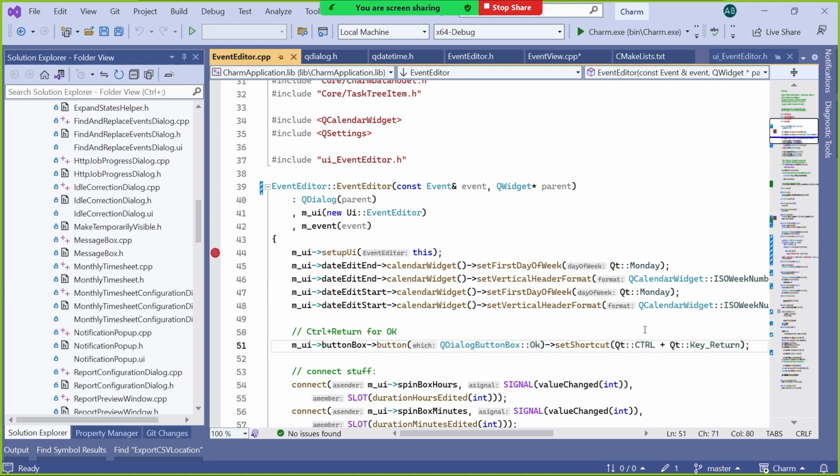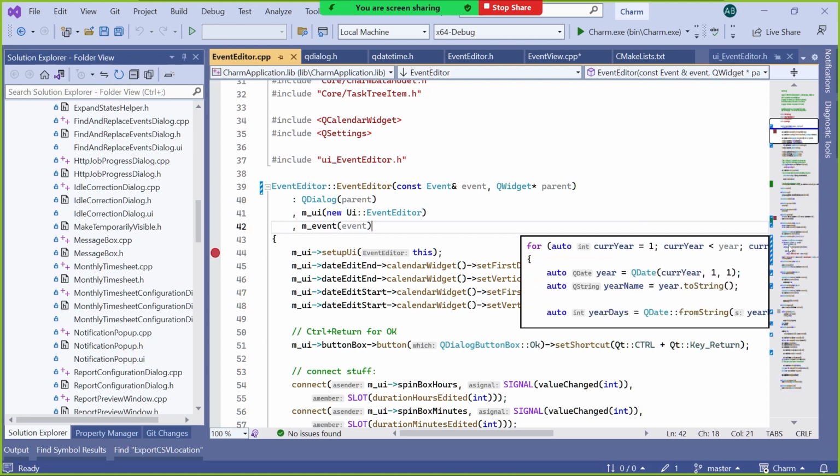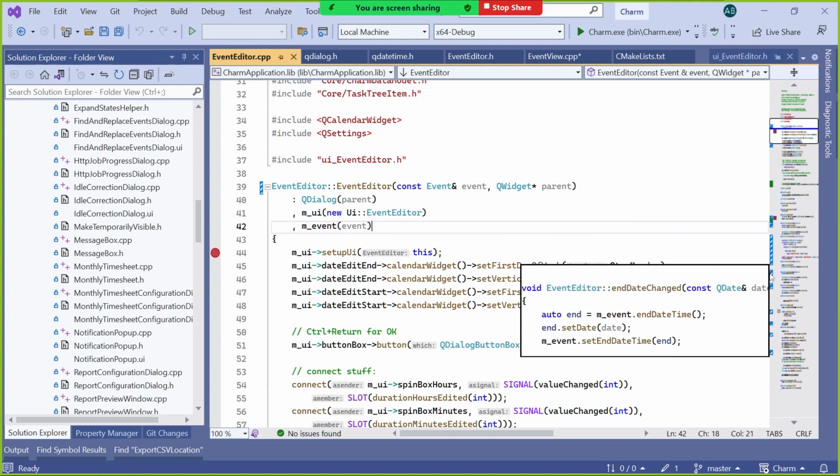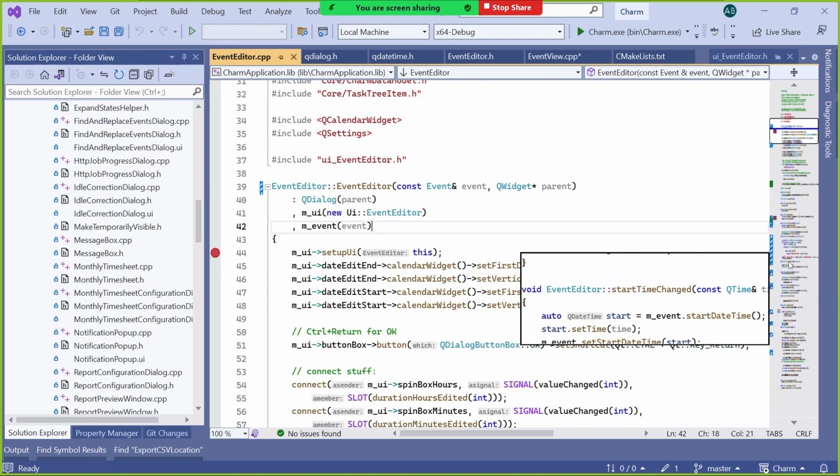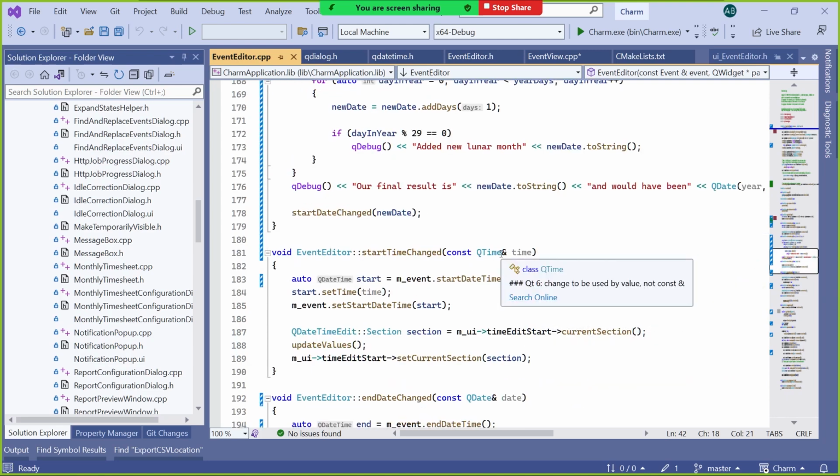It will also show you the bar to show the precise line you're at, and if you're wanting to navigate it quickly, then hovering over it gives you a preview in this pop-up of the actual bits that you want to go to, if you want to go directly to start time change there. And I guess all of this is still much easier on a real screen resolution than just this tiny resolution we have here in this recording.